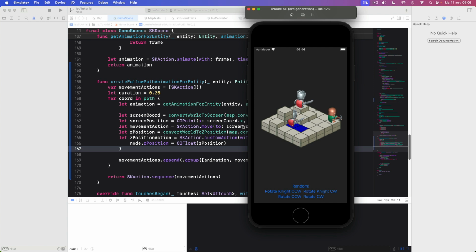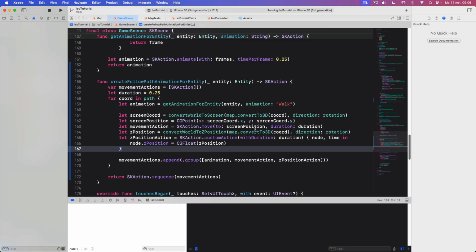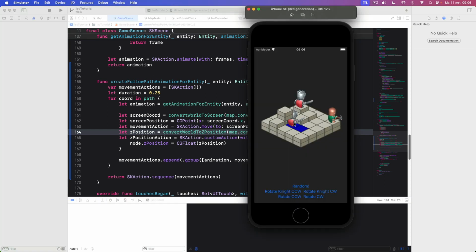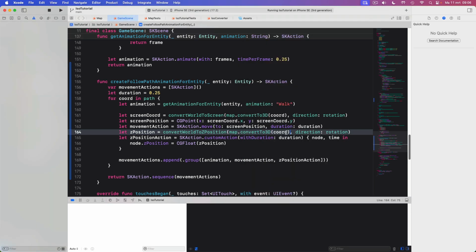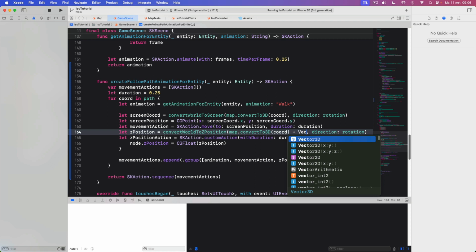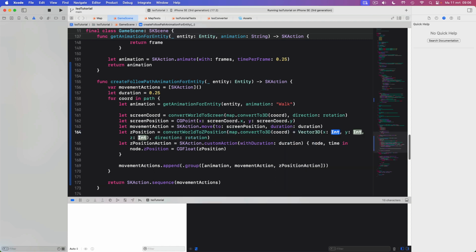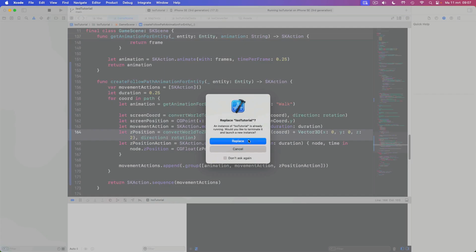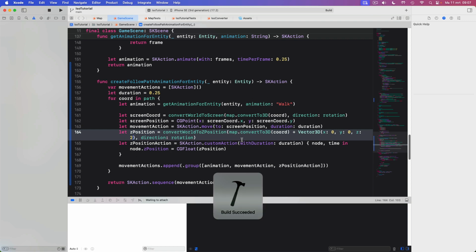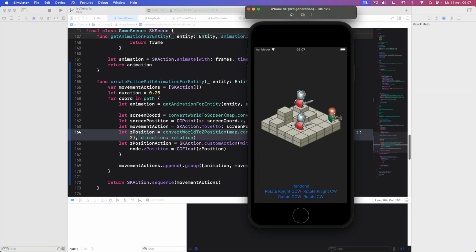The one way of solving this is, well, it's not really solving it, but what can help is, okay, so our knight is standing on the bottom one, and the middle point of the knight is around the tile height part. So let's simply add that to the zPosition. So basically we're pushing the knight up, at least when it comes to zPosition,